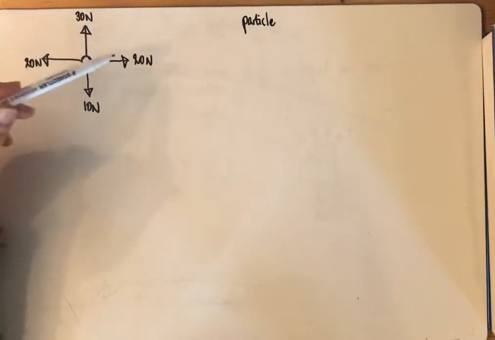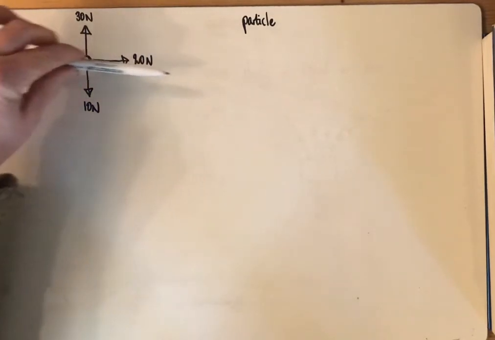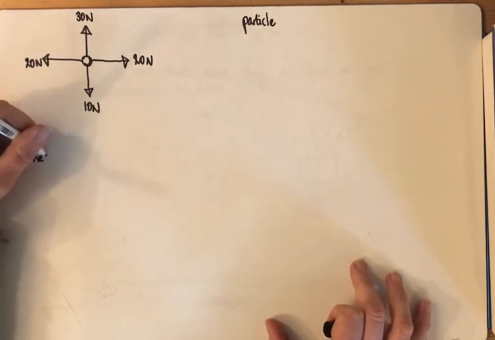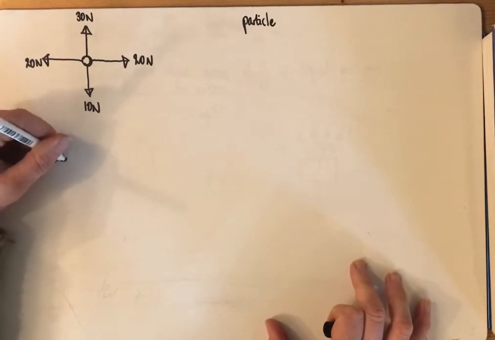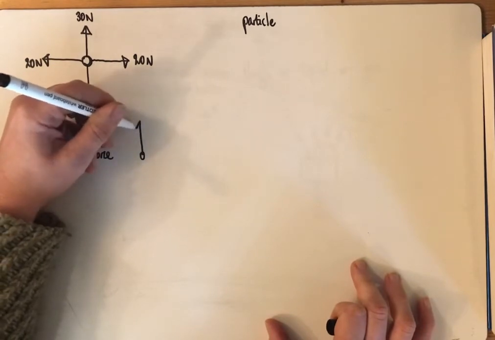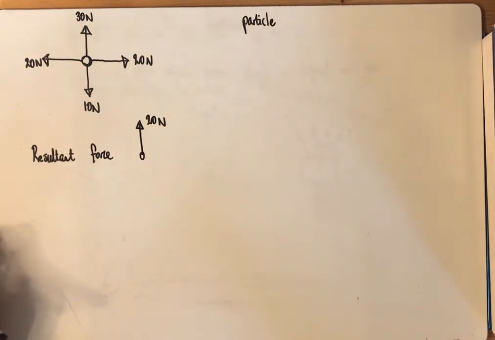Perpendicular forces have no effect on each other. So there's no movement this way, and 10 newtons of this will be cancelled with this 10 newtons here. If you wanted to draw a diagram of the resultant force, just to get an idea of what this means, then the resultant force will be 20 newtons acting upwards. So we measure force in newtons,